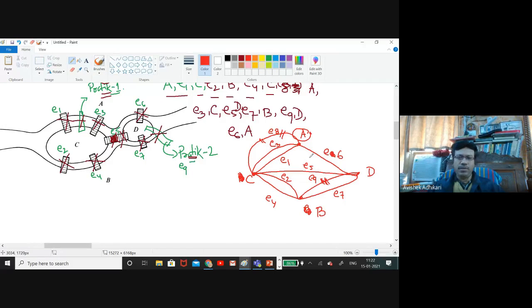It's an if and only if condition, which tells us whether this kind of traveling is really possible: exhausting all the paths, starting from a point and coming back to the point, by traversing all the paths exactly once. That is a special kind of traveling, and it has a specific name, and I will come to all those things in detail with all the theoretical details, but maybe after 2 or 3 classes. But today's class is just to give you a kind of motivation for how graph theory plays